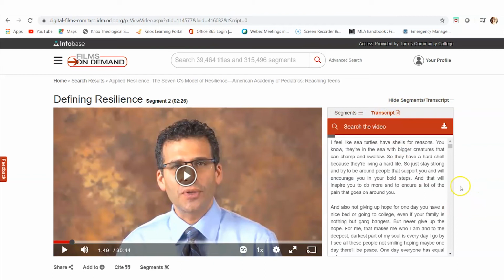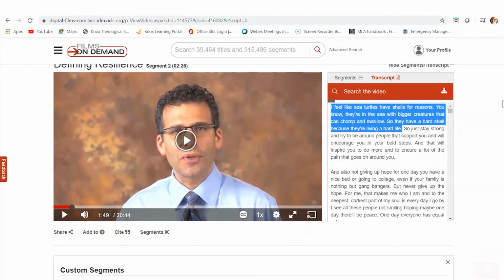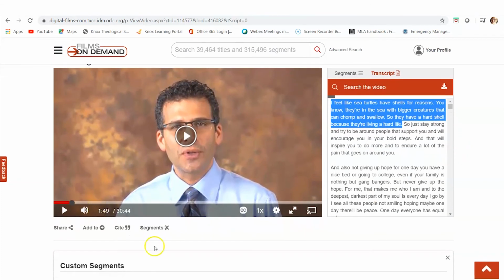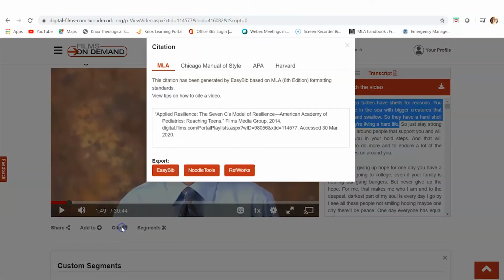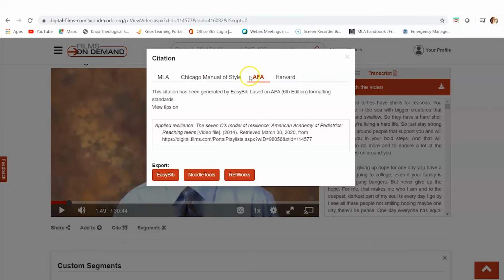So if you'd like to copy and paste a quote into your assignment, it makes it easy. So you can just go ahead and highlight something, and then I'll show you there's also a citation tool. Then you could copy and paste this into your whatever Word document, Google Docs. And down here is a link to citing the video. So you can just copy and paste that. You'll see it's on MLA, but you can always change it to different styles as necessary.